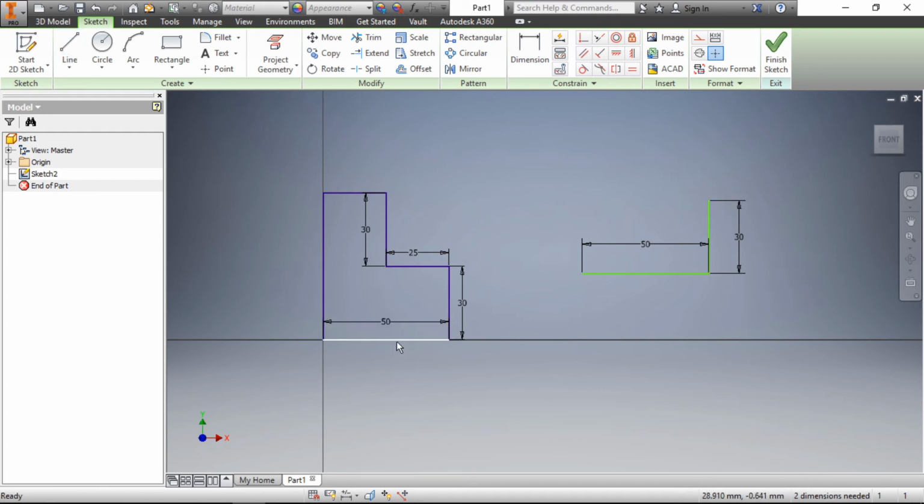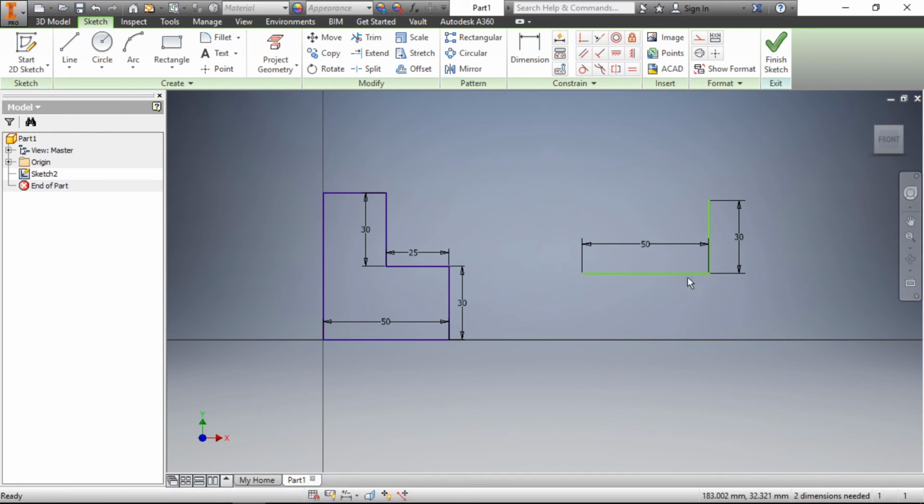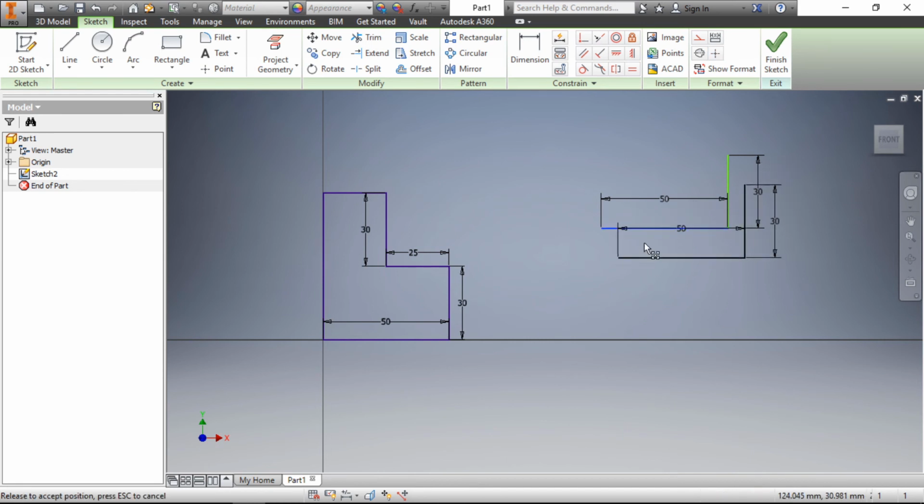But in the previous case both lines became fully defined, while in this case we have given the dimensions of both lines, but it is not fully defined. It shows that two dimensions are needed to make it fully defined. If I want to move this line, it can move up and down, and it can rotate in any direction. Why does this happen? Because in the previous case the first point of the line was selected at the center of this graphics window, while here we have selected the first point anywhere on this graphics window.